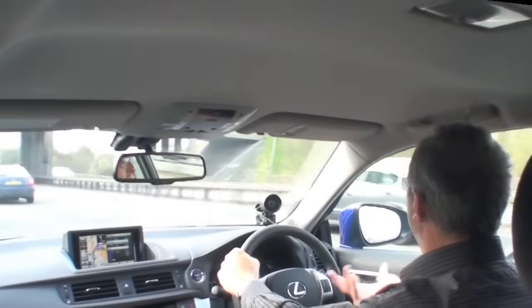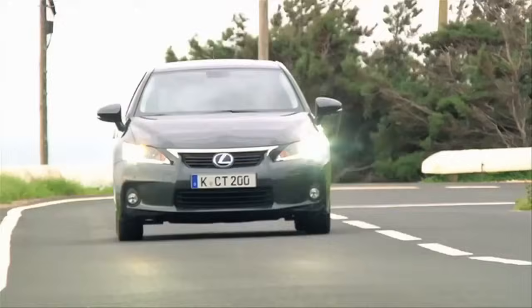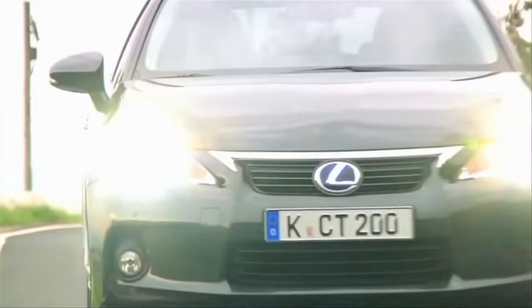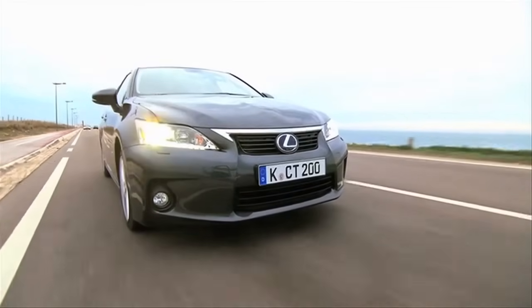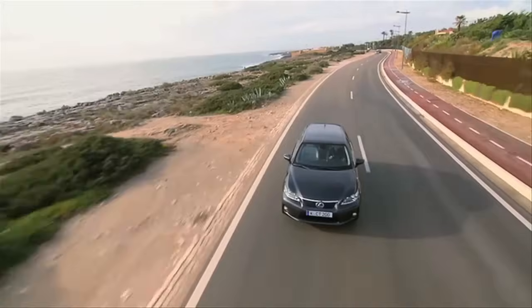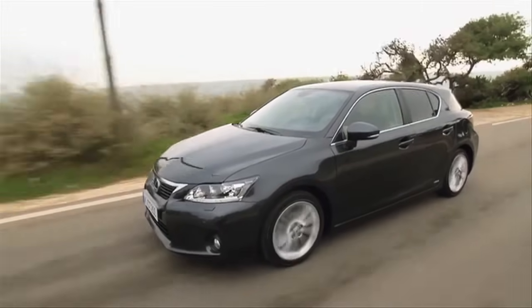What Lexus might have done with this car is really take the next step, because there's no question about it. The Toyota Prius looked different, and people noticed it, and people either liked it because of what it stood for, or they hated it with a vengeance. You could drive one of these and very, very few people would know. If you didn't want to make a statement about your hybridness, it just looks like a car. It's nothing particularly spectacular, in any way. It looks like a small, compact, sensible car that you can